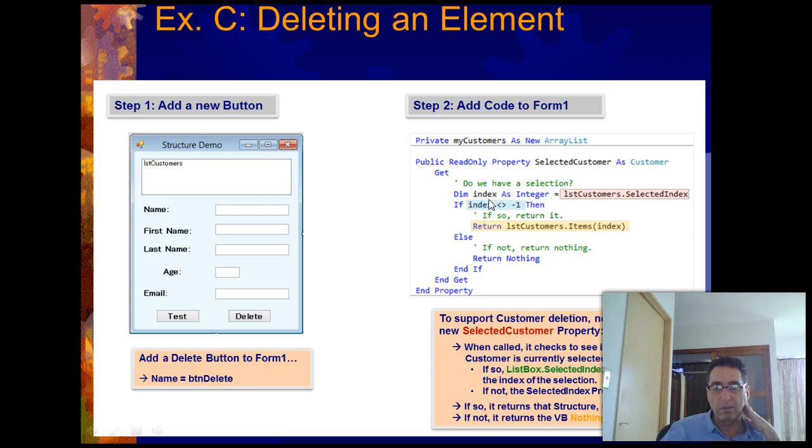So dim integer, index as integer equal to, this is our list box, list customers, that selected index. So we're going to create an index equal to the selected index. So each entry in here has an index, and whenever we click on something, we're going to be able to access the selected index, and we're going to assign that to a variable we call index. Then we say if index is not equal to -1, then so what if it's not equal to -1? That means if we've actually selected something, then return